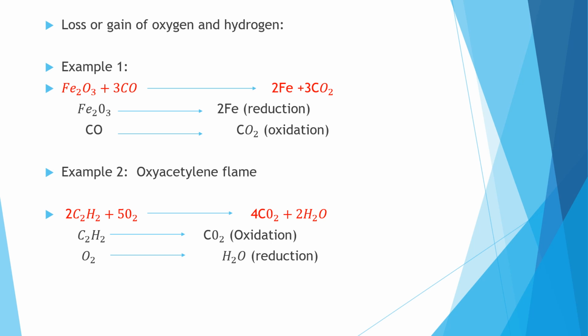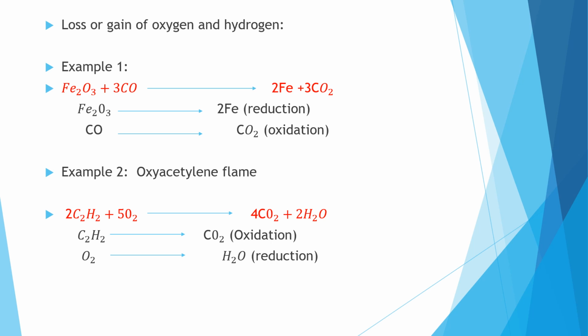Now, example 2. Oxyacetylene flame. Acetylene is an organic compound. Its formula is C2H2. It burns in the presence of oxygen to give carbon dioxide and water. C2H2, acetylene, loses its hydrogen and gains oxygen. Loss of hydrogen and gain of oxygen is known as oxidation. Oxygen, on the other hand, gains hydrogen and the process of reduction takes place because addition of hydrogen is